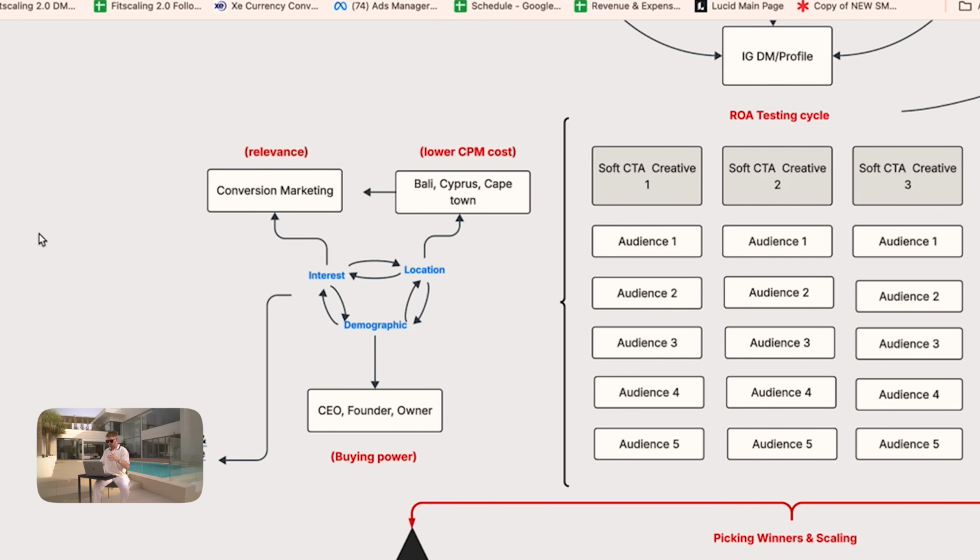What does that mean? You want cheap leads, right? Because cheap leads mean a lot of leads, but you don't want cheap leads in the sense that they are cheap as a person, so they don't want to buy your product, right? You want qualified leads for not a high amount of money.